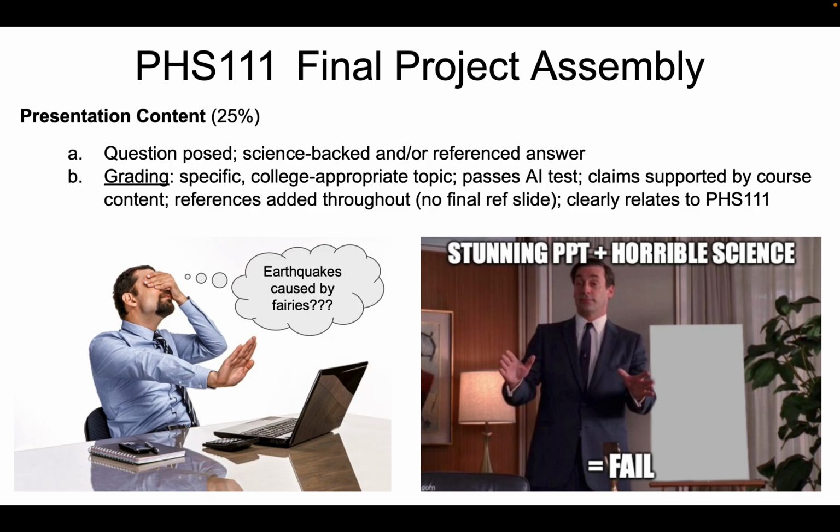So what am I actually looking for? I want specific college-appropriate topics. I want topics that were not put together with artificial intelligence, generative artificial intelligence, right? And there's a way to test for that. We'll be testing every single one of these. I want to make sure that every single one of the claims are supported by content, that there's references throughout